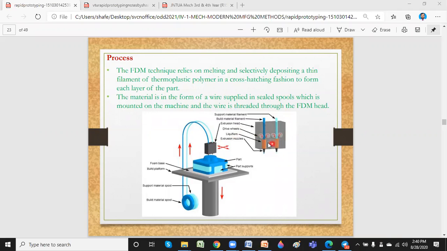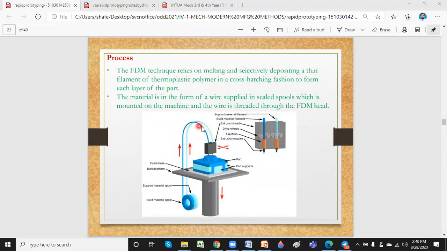It has rollers moving in opposite directions, one for the thick blue and another for the thin blue wire, through which the wire goes. This wire is made of a thermoplastic polymer like ABS.